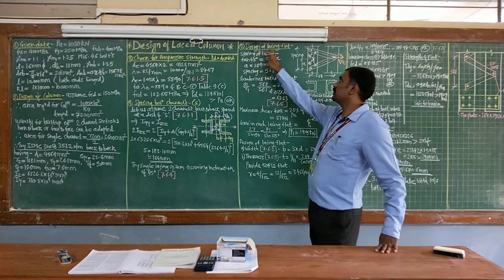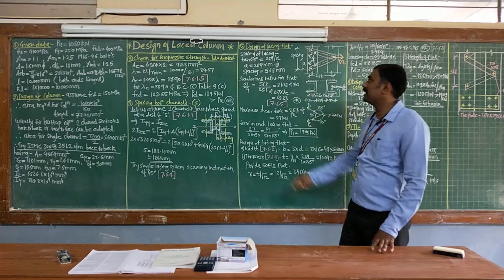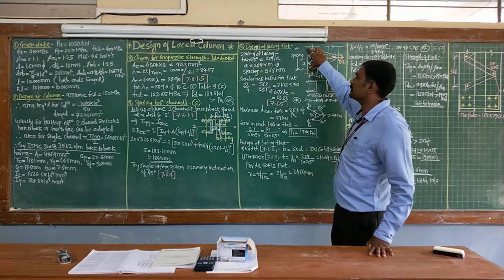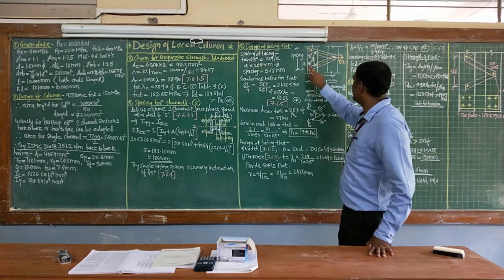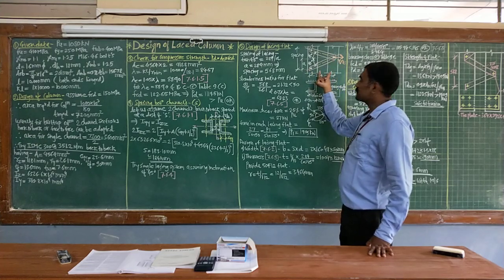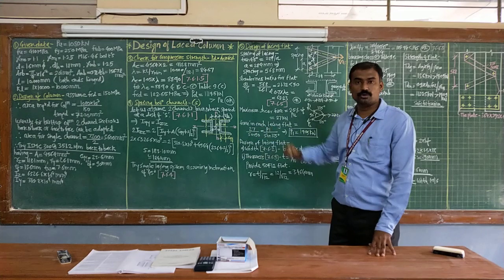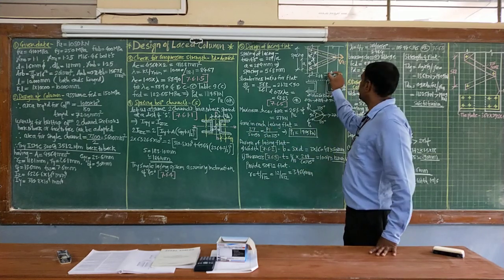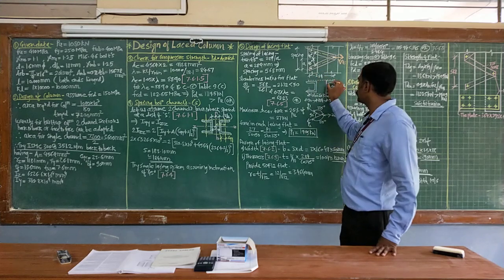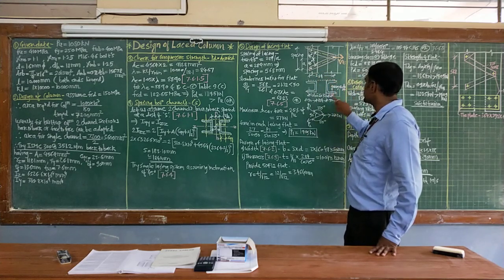So for the design of the lacing flat, initially the spacing of lacing. What must be the spacing between the lacing? Here it is a right angle triangle, and for the right angle triangle we know that the spacing is equal to 184. And we are assuming the gauge distance beyond the web portion of your channel as 50 mm.